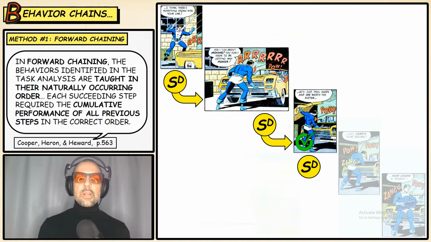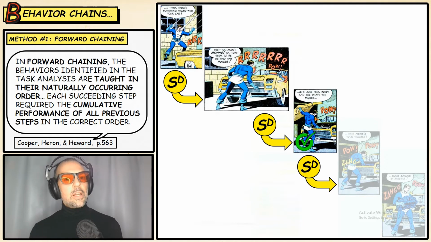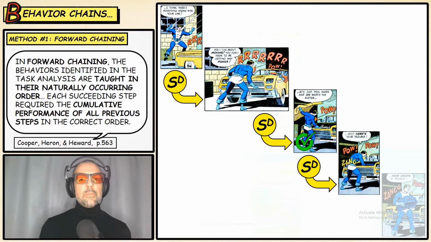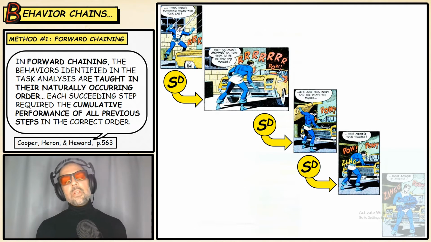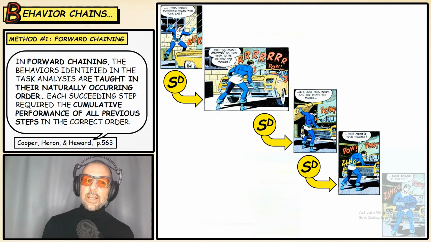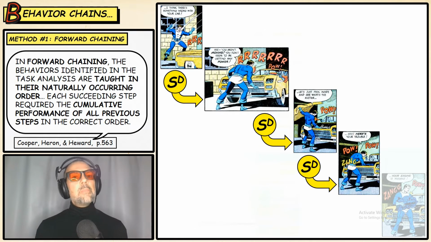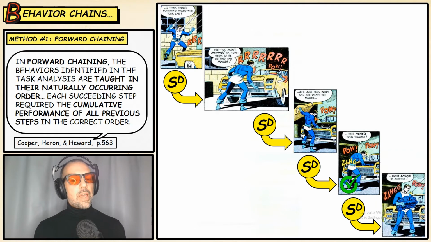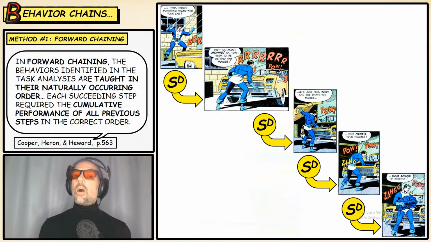That produces a discriminative stimulus. Step number 3 produces that change in the environment, indicating that step number 4 can now be reinforced. And the procedure goes the same again for step number 4. So we stop training on step number 3. The learner goes all the way back to the beginning of the chain, performs step 1, 2, 3, now gets trained on step 4. When they perform it correctly, they get reinforced. That correct performance produces the discriminative stimulus that indicates that the final behavior, the terminal behavior, will now be reinforced. And then they go all the way back to step number 1 and perform 1, 2, 3, 4